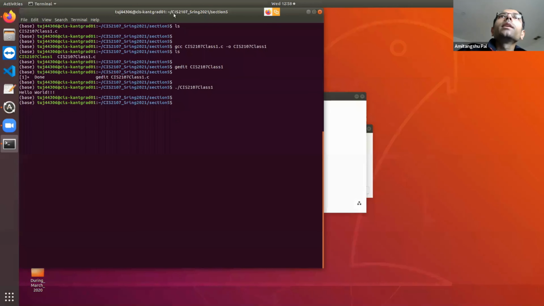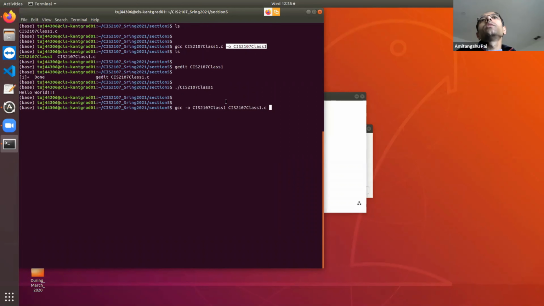Now the next thing is that in Linux, here I have written gcc, source file name, dash o, output file name. You can change the order also. That means you can first write gcc -o, then the output file name, and then the source file name, CIS2107 class 1 .c. So you can write either this or this; the order is not important.